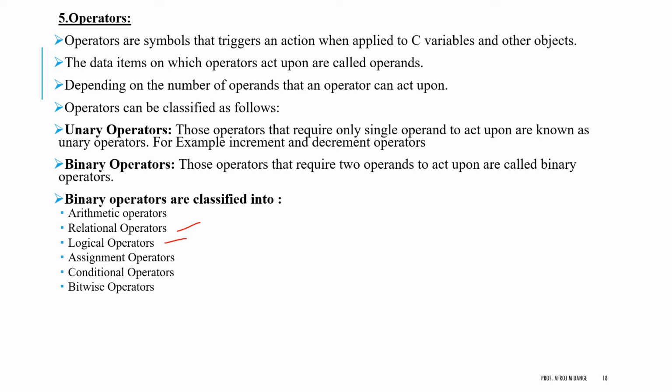Next one, logical operators. Logical operators are used to combine two or more conditions or constraints, or to complement the evaluation of the original condition in consideration. The result of the operation of a logical operator is a Boolean value, either true or false. For example, the logical AND, represented as double ampersand, in C or C++ returns a true value when both the conditions under consideration are satisfied. Otherwise, it returns false.